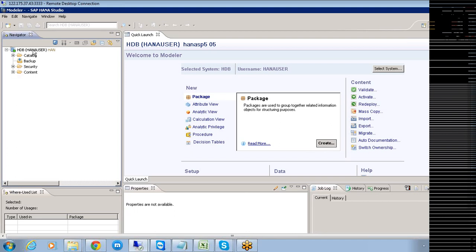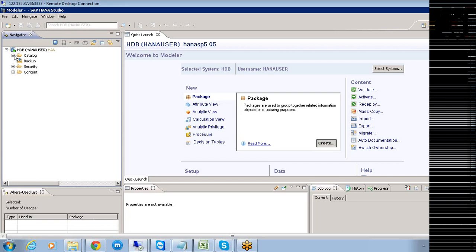First thing is this is the server where we are connecting to that particular HANA server from the client. This is a node that represents that we are connecting to that particular HANA box, HANA sandbox. Now, within this particular HANA box, we are going to have a couple of folders, for which we are very much interested in this particular catalog and this particular content. These are the two things that we'll be majorly focusing on.